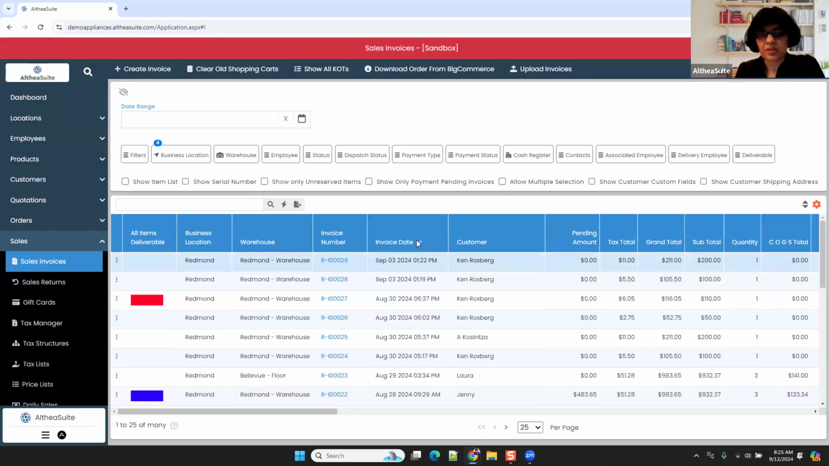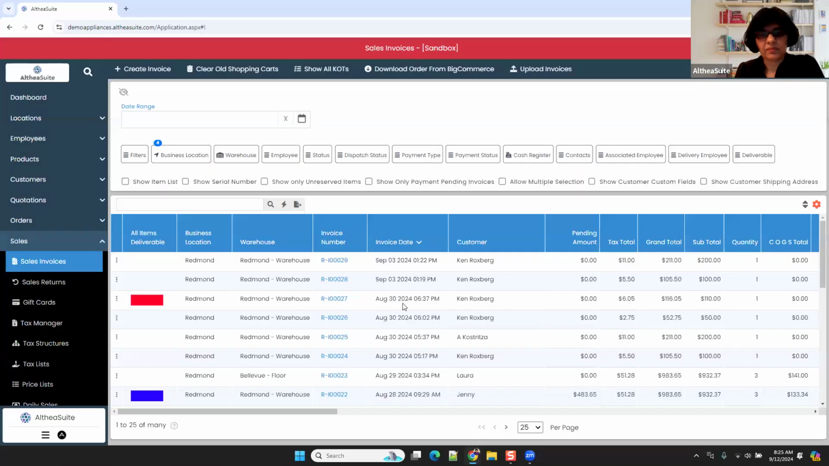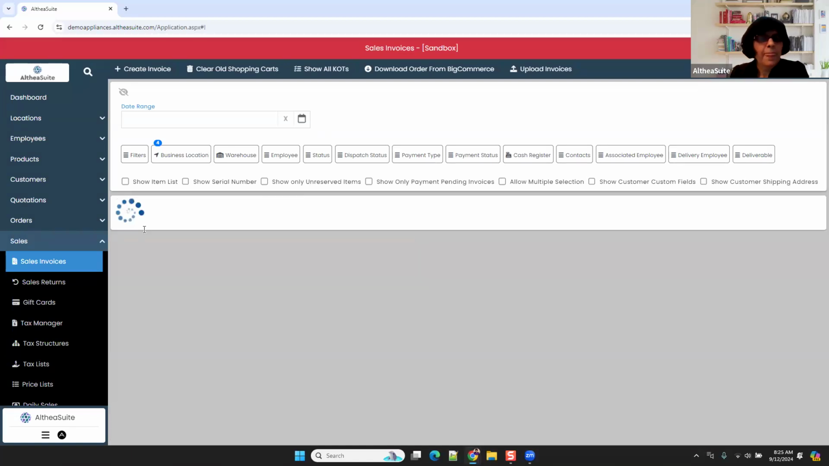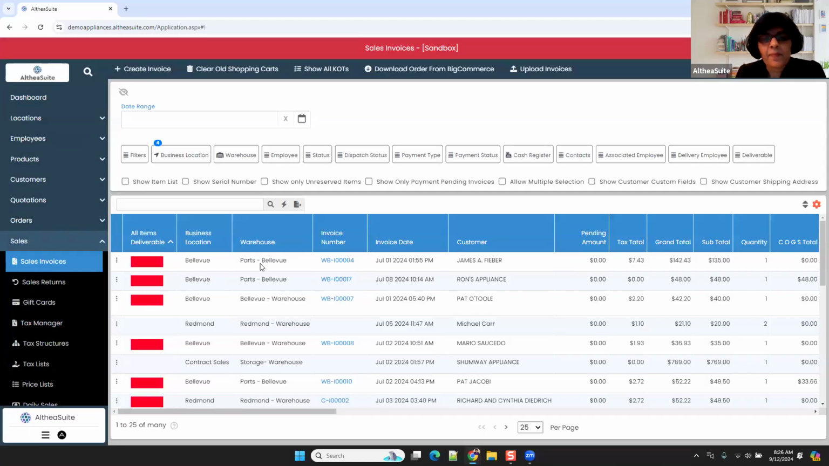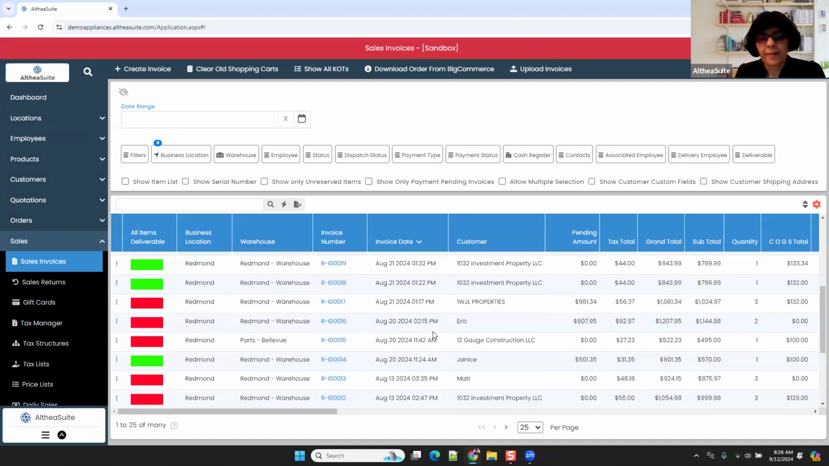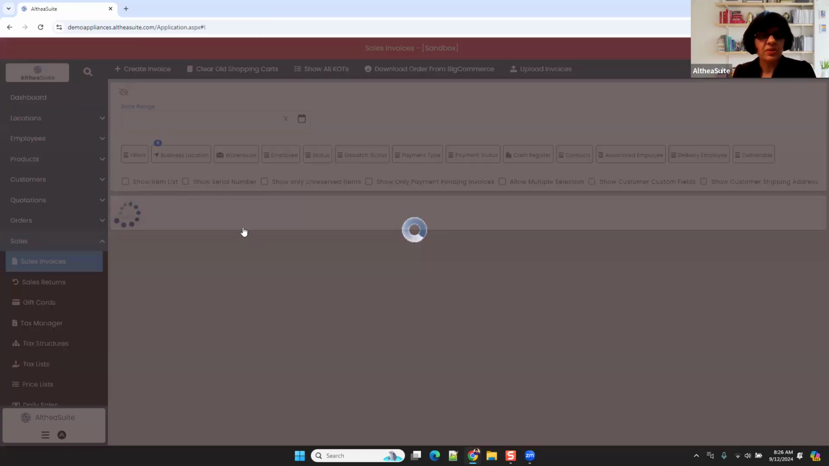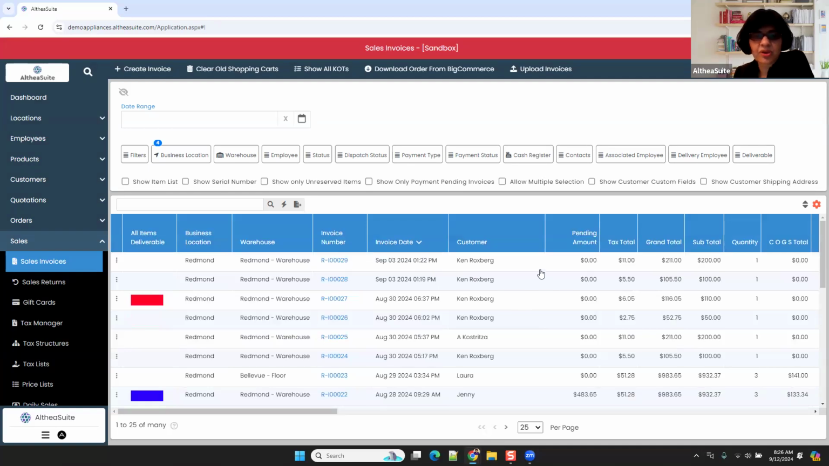Wonder where is my invoice? Invoice date today is 12th of September. This data is messed up. I'm searching for the invoice we just made. I wonder why I'm not seeing that. Anyway, so I have some filters that are not showing me that invoice that I made, but that invoice will get